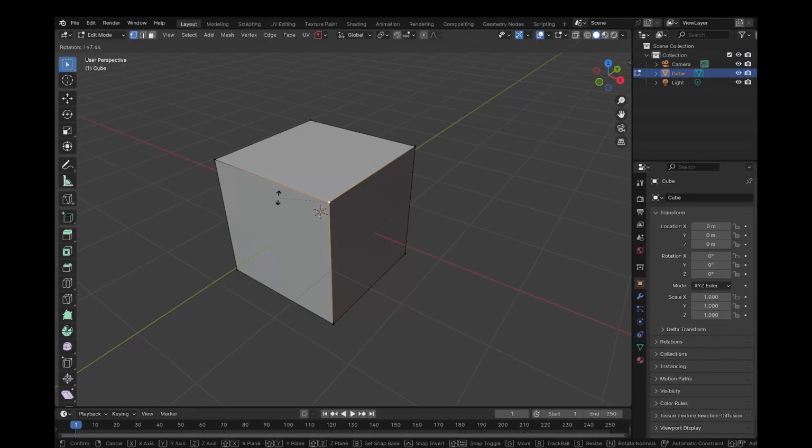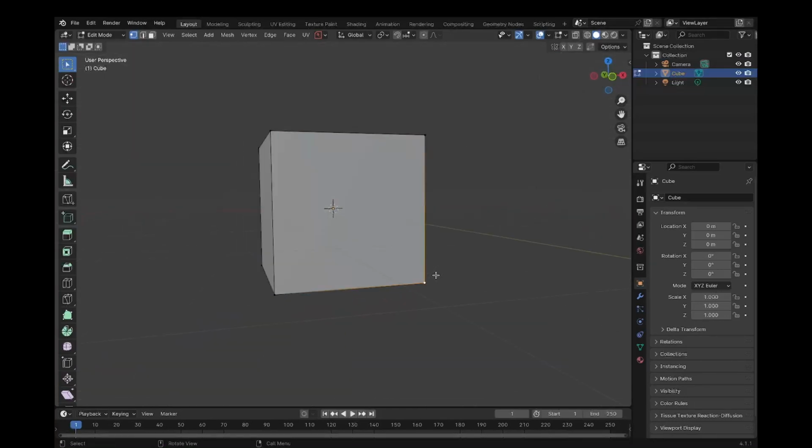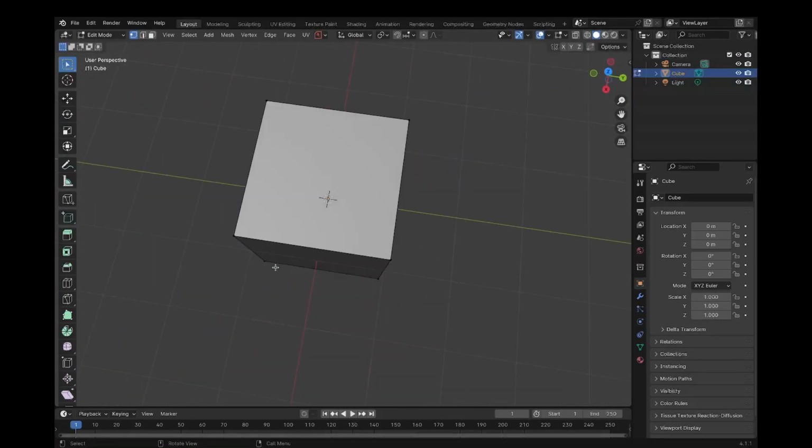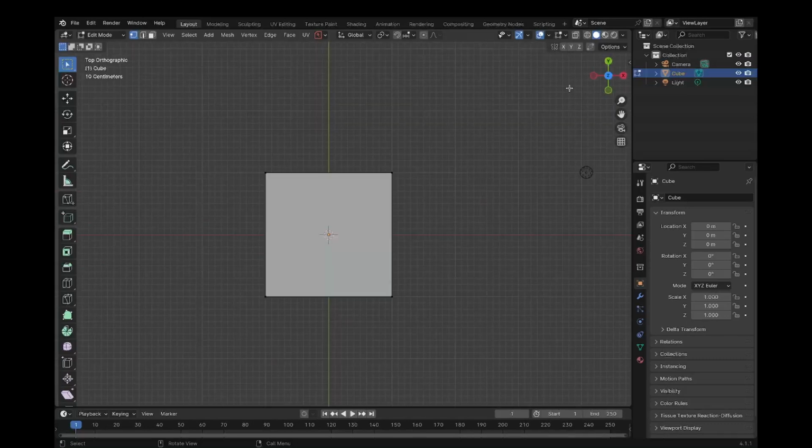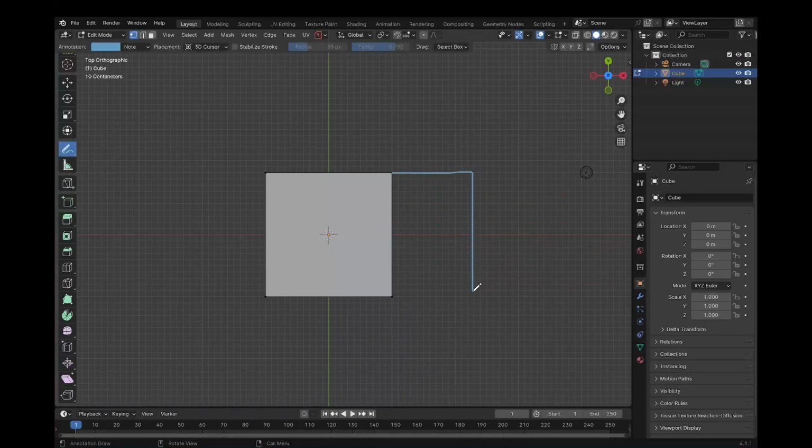So now let's see how we can actually change the shape of our cube with these vertex and edge thingies. Let's say we want to make our cube longer. I'll use the drawing thing for that again. About this long.